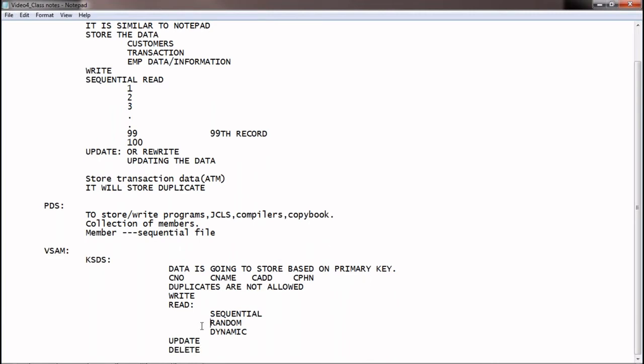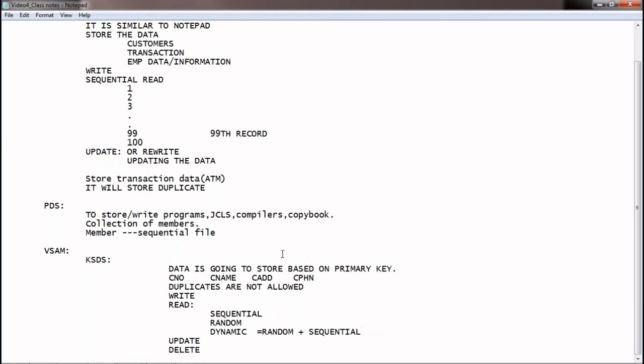Let me highlight what a random read is. If I want to read record 99, I can hit record 99 directly. I don't need to read the first 98 or record 100 at all. Whichever record you want to read, you can hit it. That is called random read. Then what is dynamic read? It is a combination of random plus sequential.